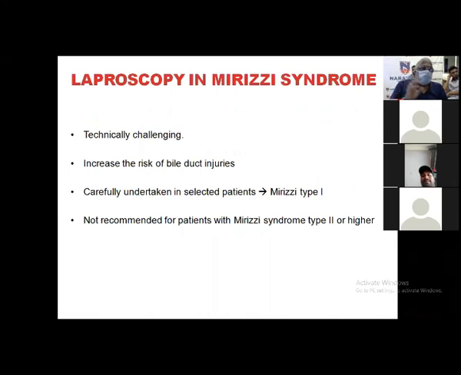Laparoscopy, people are doing it, but it requires real experience. It has a long learning curve, and the risk of bile duct injuries is more. Don't try to do more than type 1 Mirizzi. Type 2 Mirizzi and higher is not recommended for a minimally invasive procedure. Usually the patient goes in for postoperative complication. Finally, they land with a biliary stricture, which again requires a surgery after 3 months once the system gets dilated. So don't do it except for type 1 Mirizzi, and that too only if you are good, because it has got a steep learning curve.